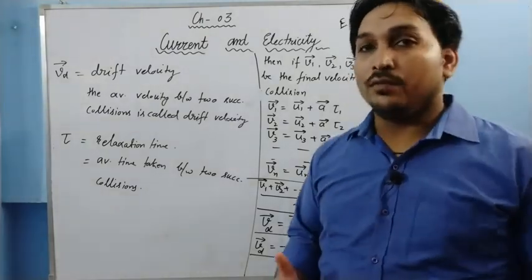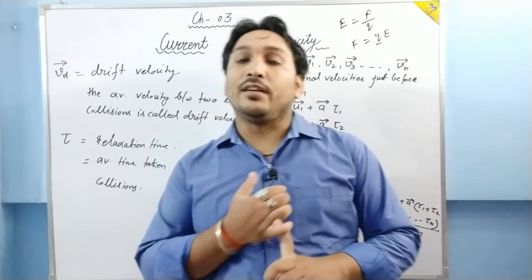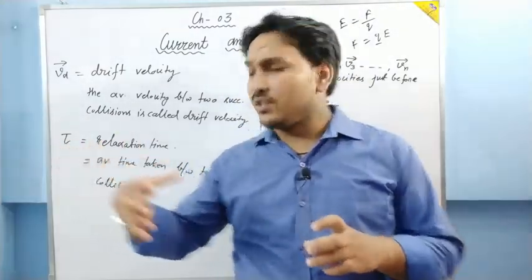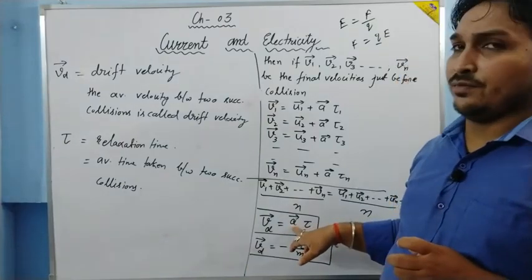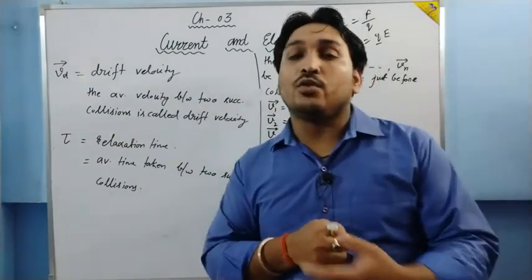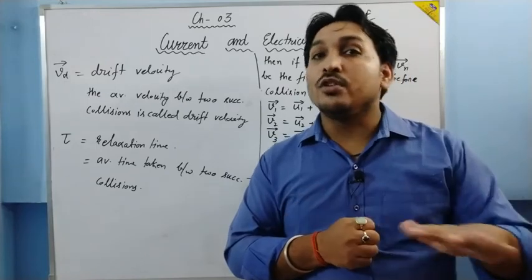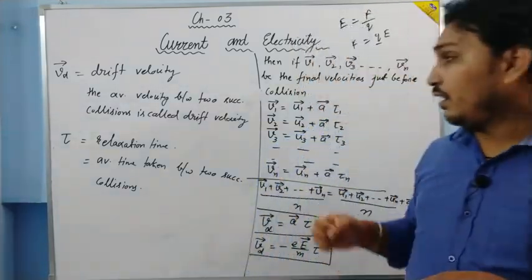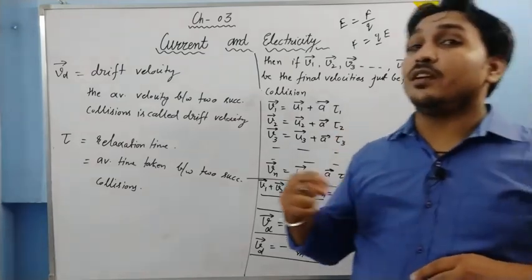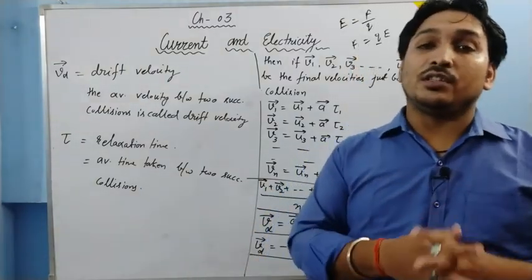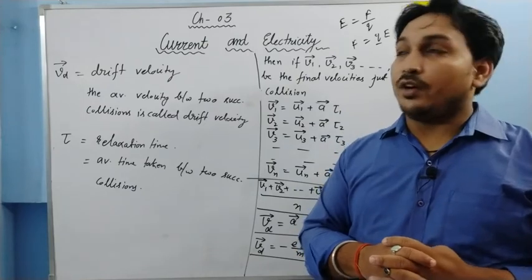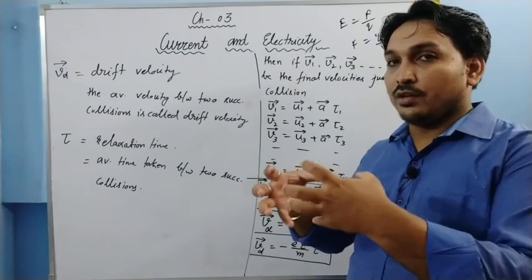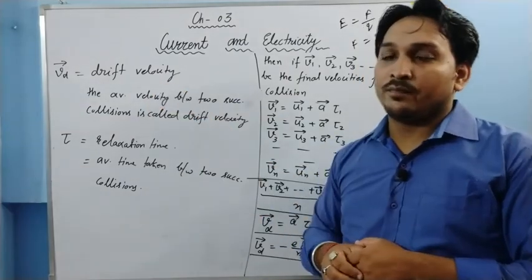Actually, the whole velocity of the electron will be the sum of thermal velocity and the drift velocity, that is, the thermal velocity and the velocity which is given by this acceleration. The sum of these two velocities will be its whole velocity. Thermal velocity does not cause any current. Only the velocity which is caused by the electric field causes the current. So it is basically a group of electrons which are moving together with the same drift velocity. Is that clear?